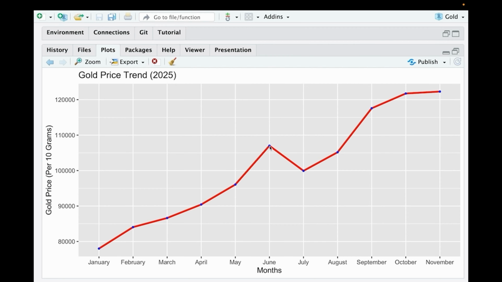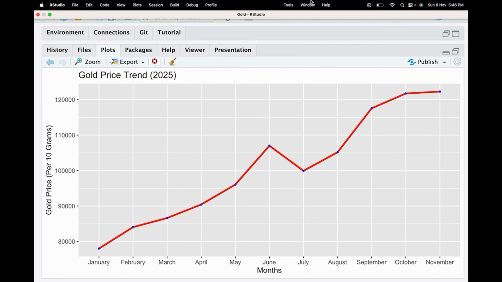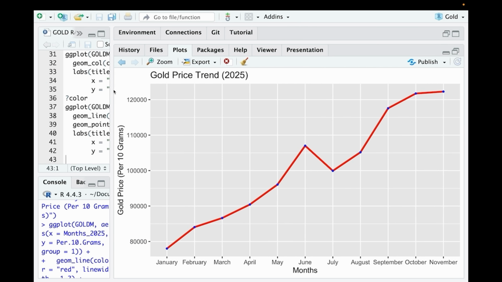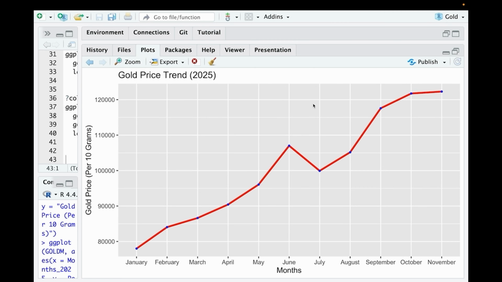In the month of June, it went to more than 1,50,000 around, and then it came down, and after that it is going up. And in this month of November, we have seen that prices are more than 1,20,000. Right now the price is 1,22,000. It can vary a little. So I hope you understood this. Because I know statistics, I'm gathering the evidence and trying to see whether it really makes sense or not. And visually, I'm doing that so that I can explain to anybody else as well.